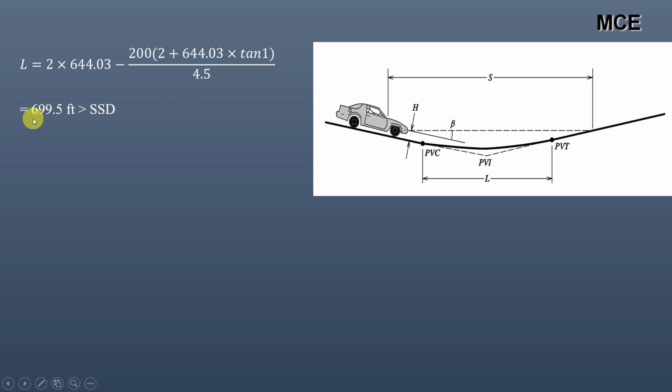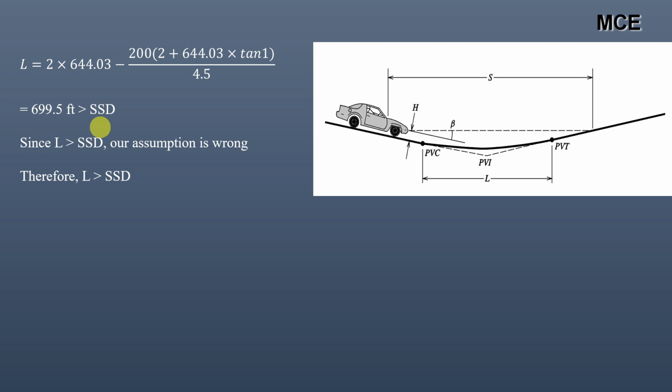which is equal to 699.5 feet. We can see this is greater than the SSD. Our SSD, that is the stopping sight distance, is 644.03. We assumed that the length of the curve will be less than SSD, but here it is coming greater than the SSD, so our assumption is wrong. It means that the length of the